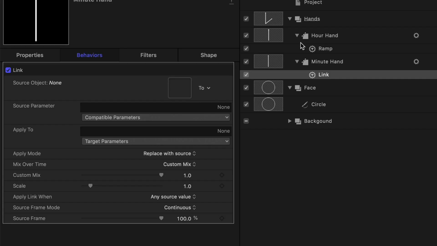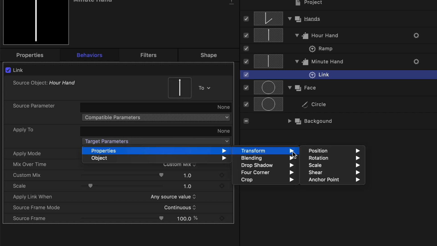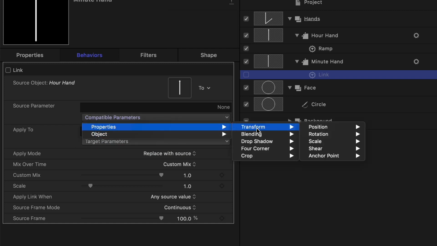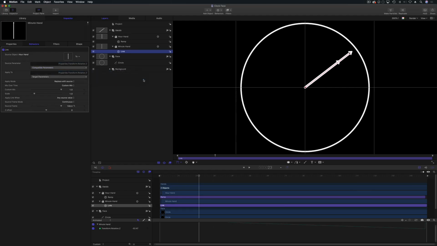Then I need to find where it's going to link to, which is the hour hand, and it's going to go to properties, transform, rotation Z, and that's going to be from properties, transform, rotation Z. But they're going at the same time here, aren't they? Which we want to do a multiple, so we need to change the scale. So if I put that up to 12,